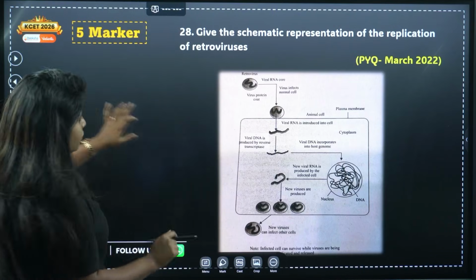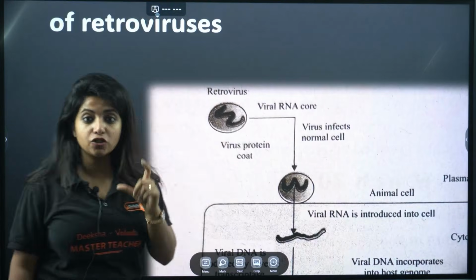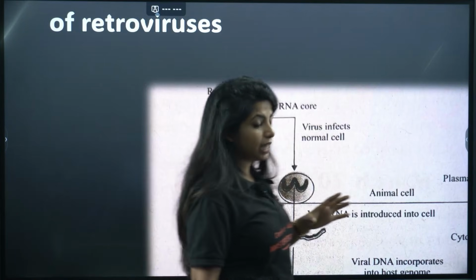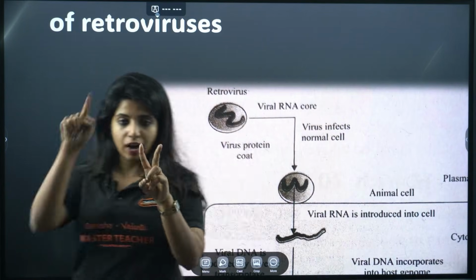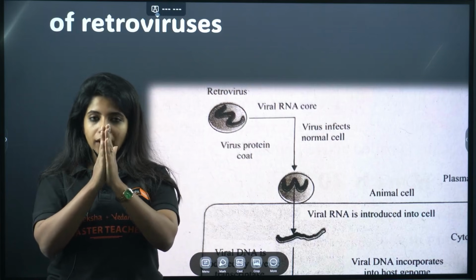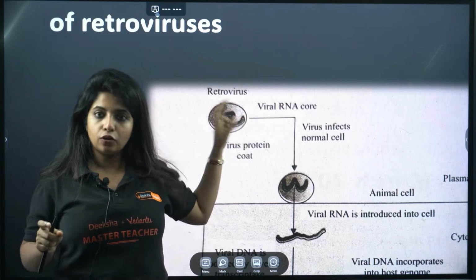So over here, always remember, a virus will have RNA as its genetic material. The HIV virus has RNA as its genetic material. It has 2 strands of RNA. Both of them are not combined together. They are not double-stranded. Both of them are single-stranded. 2 of them are there.